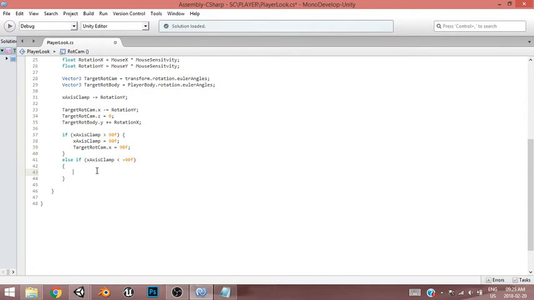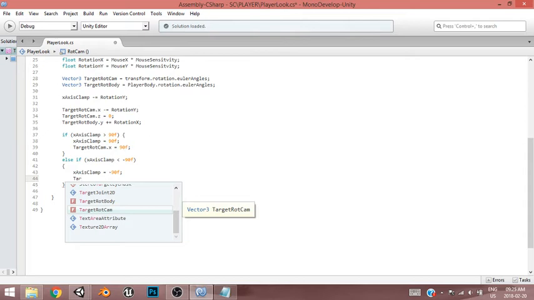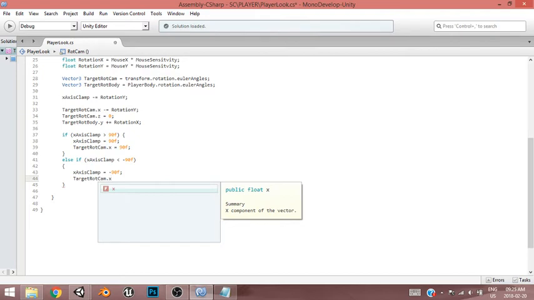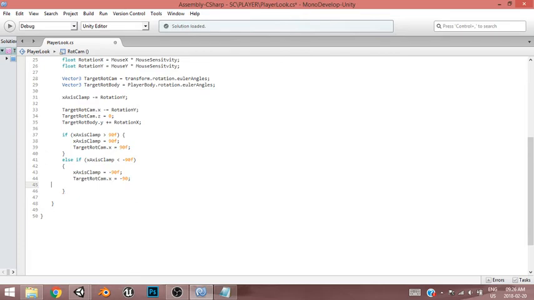We're going to say xAxisClamp is equal to -90, and the targetRotationCamera.x is going to be equal to -90. Easy as that. So that is all the axis,